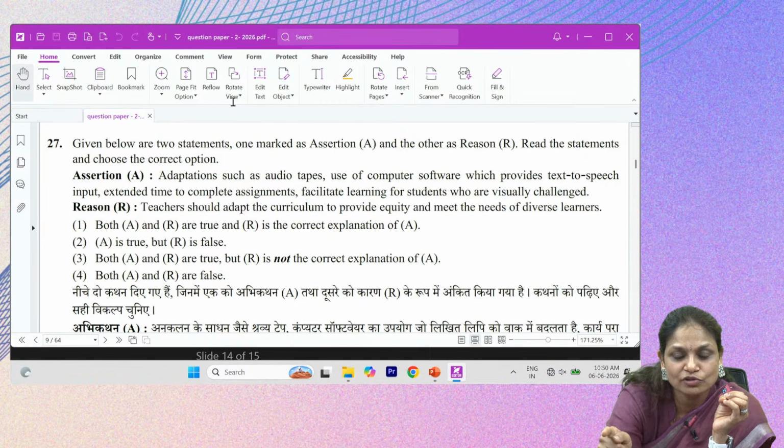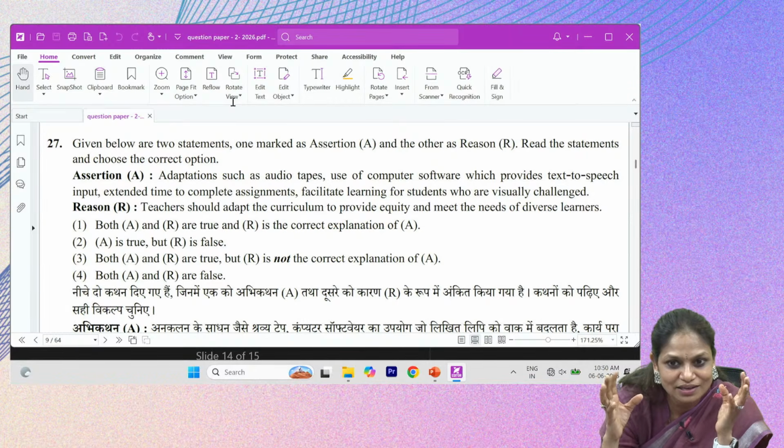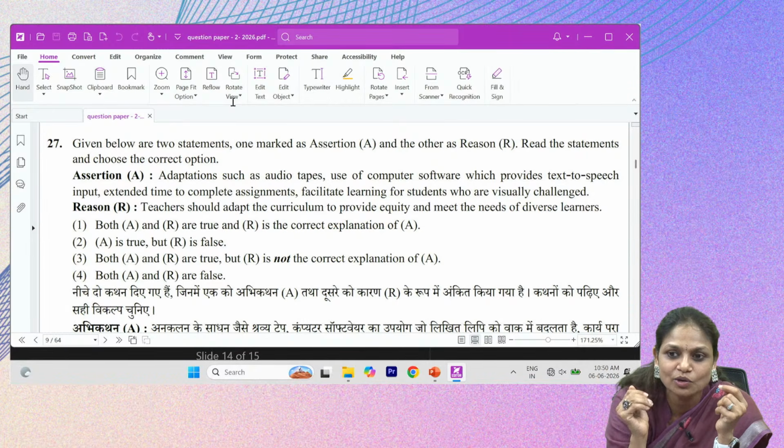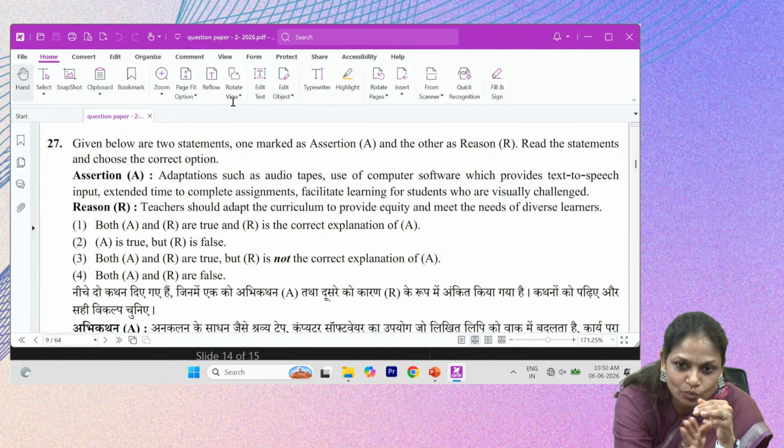अब यहाँ पर विजुअली चैलेंज्ड बच्चा है, उसकी नीड क्या है कि उसको कुछ ना कुछ ऐसा मटेरियल चाहिए जो कि वो सुन सके, देख तो वो सकता नहीं है, तो सुनने के लिए चाहिए। तो यहाँ पे आपने करिकुलम को कैसे अडेप्ट किया, उसकी नीड के अकॉर्डिंग अडेप्ट किया, तो इक्विटी हो गया आपका, करेक्ट है।